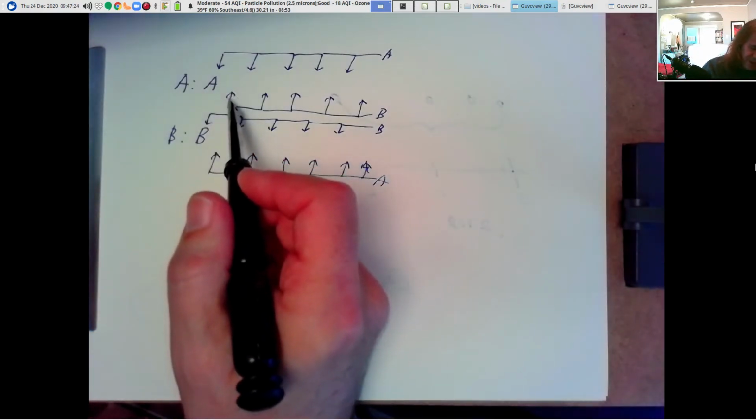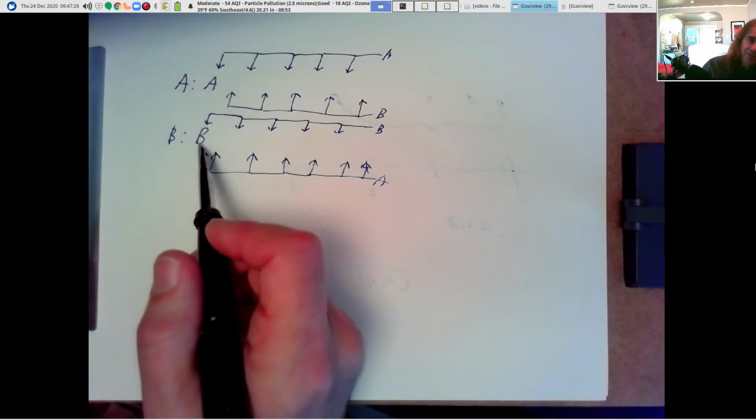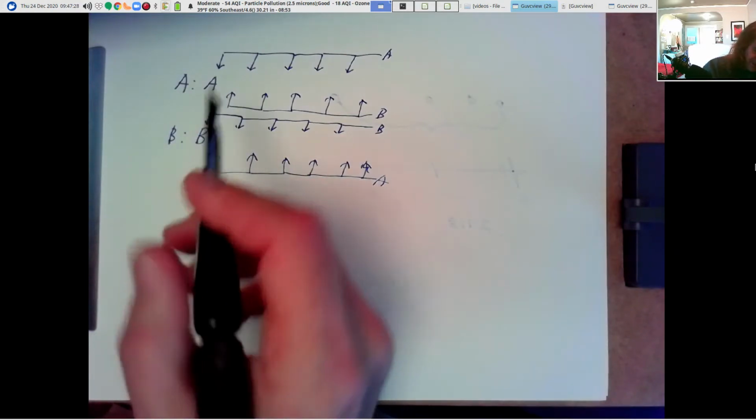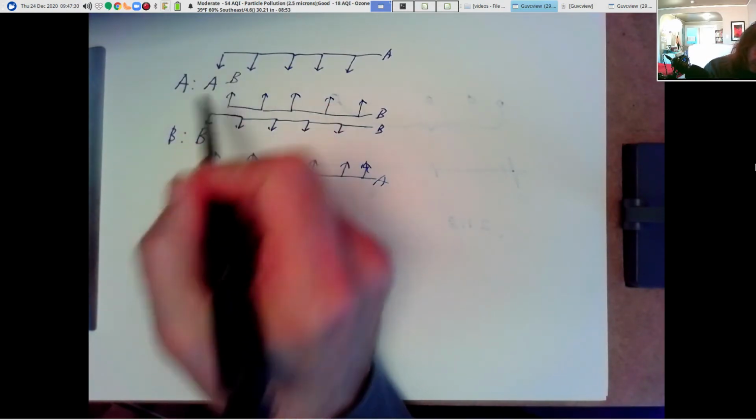What's the next character of A? It should be the first character of sequence B.